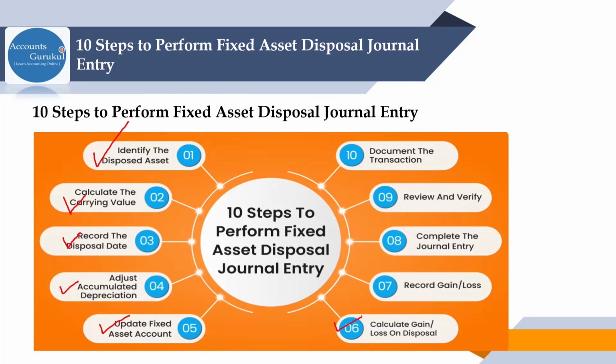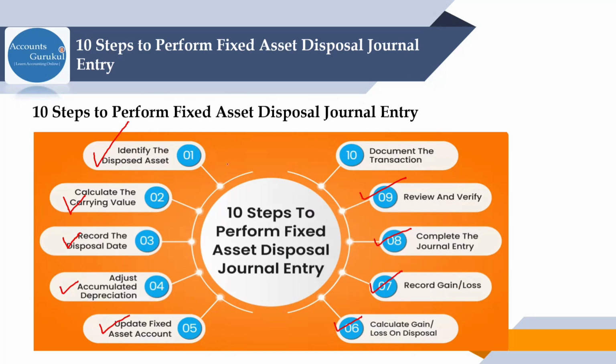And once this calculation is done, we have to record in the books of account either the gain or the loss on the disposal of assets. Complete the journal entry in the systems, then review and verify all the calculations. The key steps: identify the disposed asset, calculate the carrying value, the WDV, record the date of disposal, adjust accumulated depreciation, then update the fixed asset account, and then calculate the gain or loss on disposal, record the gain or loss, complete